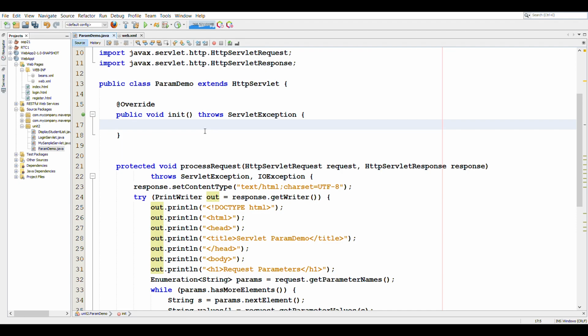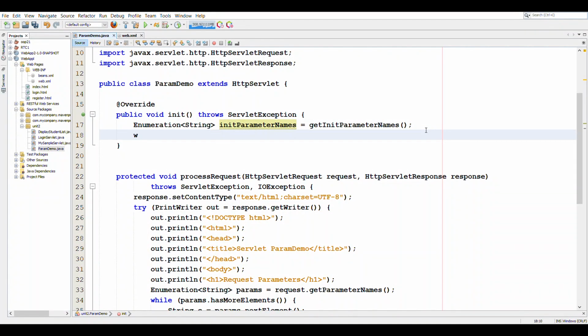Here we will write some code to get the initialization parameters. Like we had seen, we use the getInitParameterNames method. If we do not know the names of our parameters, then first we can execute this method. This will give us an enumeration of strings.